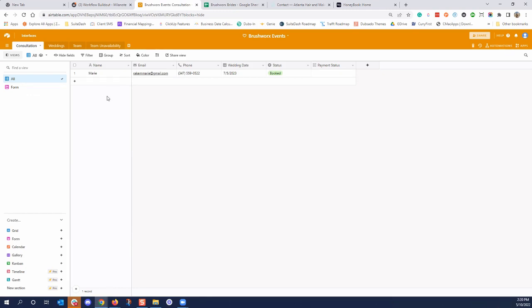So once your HoneyBook lead capture form is set up on your website, which is important to do, then once there's an inquiry, it's going to be sent here in Airtable to have them added with the name and whatever other fields you have. It's going to pull all those fields, okay? Now the other thing you will have to do is confirm and verify that the wedding date is the actual wedding date you're solidifying them for. If they're not booked, you don't have to do anything here, right? You don't have to select another option unless you want to.